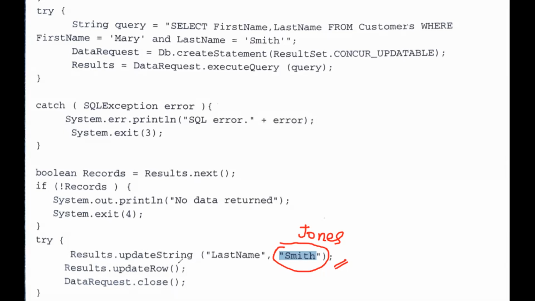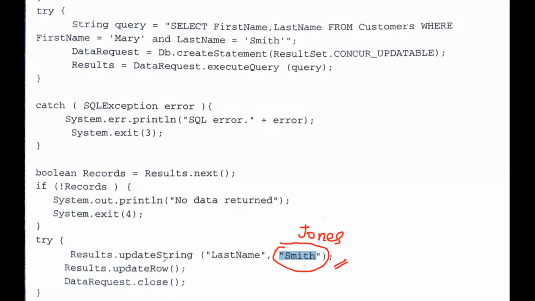The corresponding row in the table remains unchanged until an update query is run. So the changes in the table can only be affected when this updateRow is run. Until then, the changes will not be present in the table.